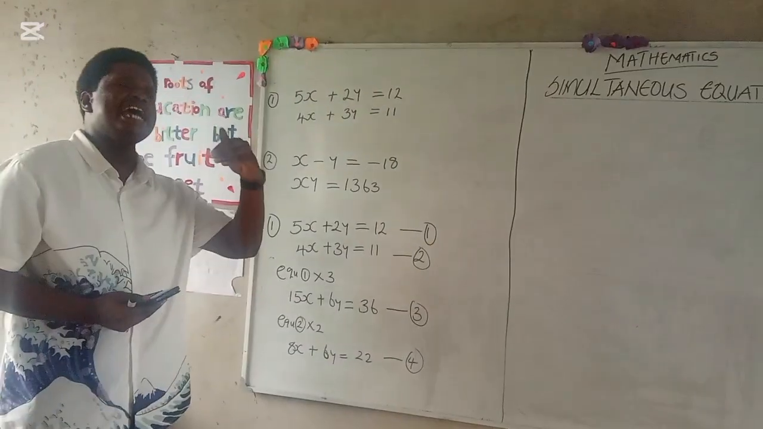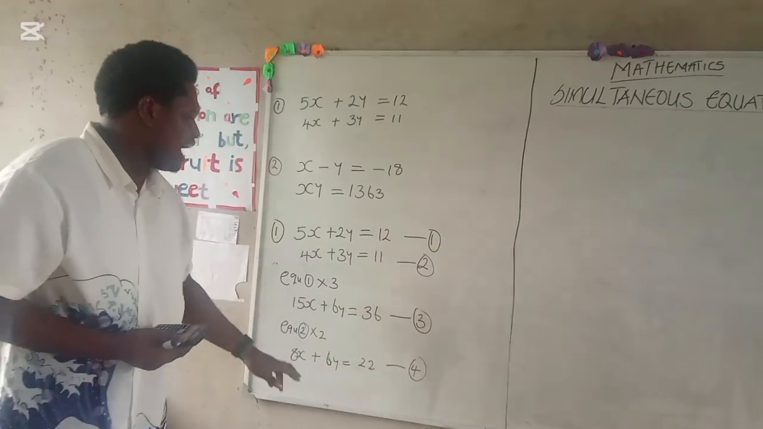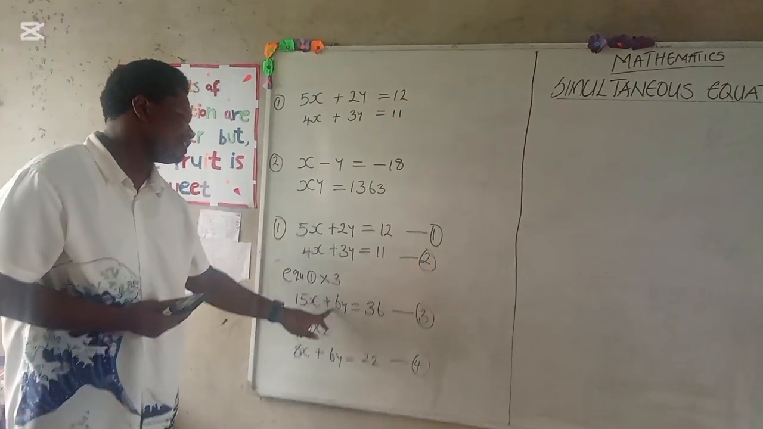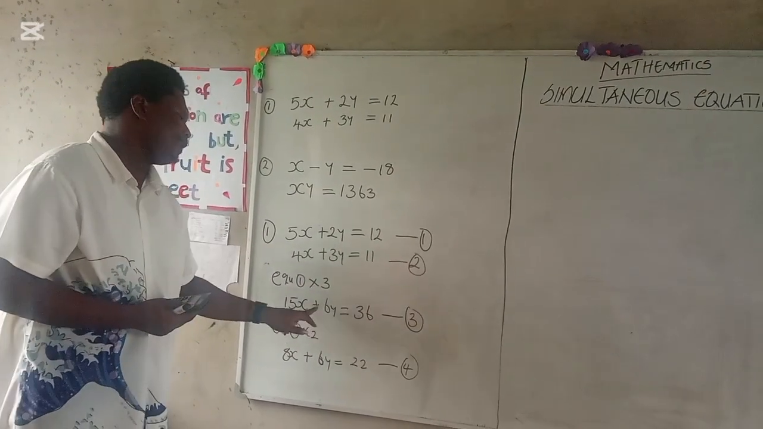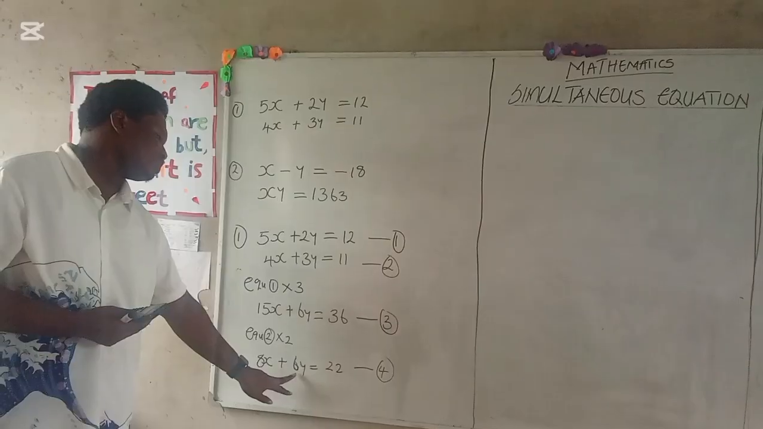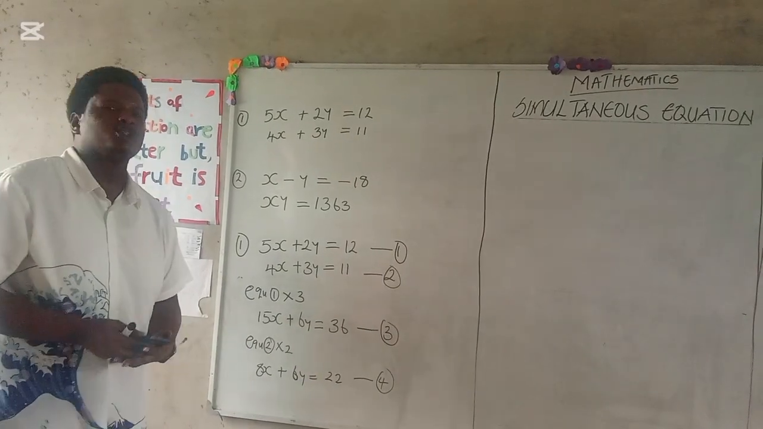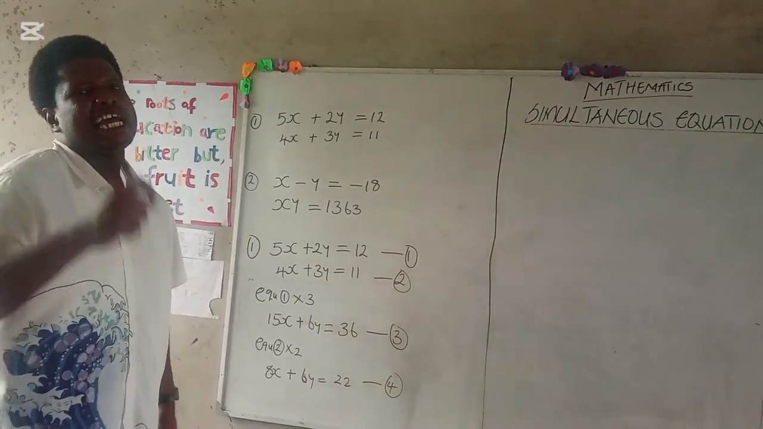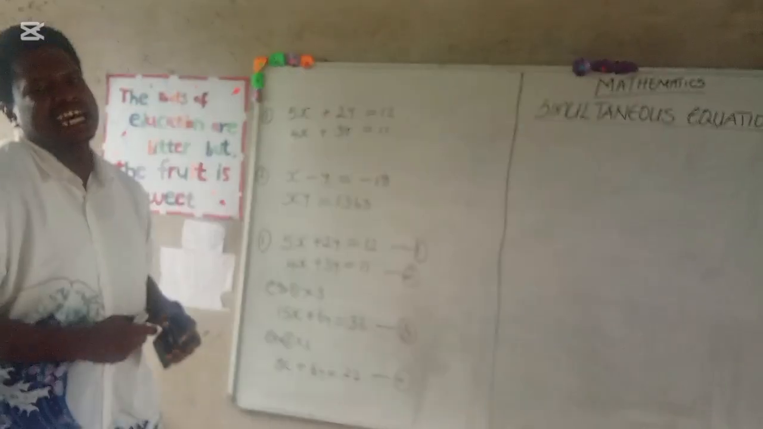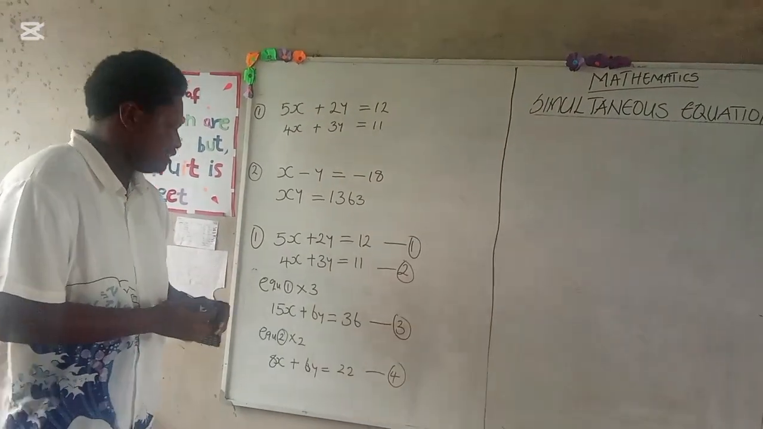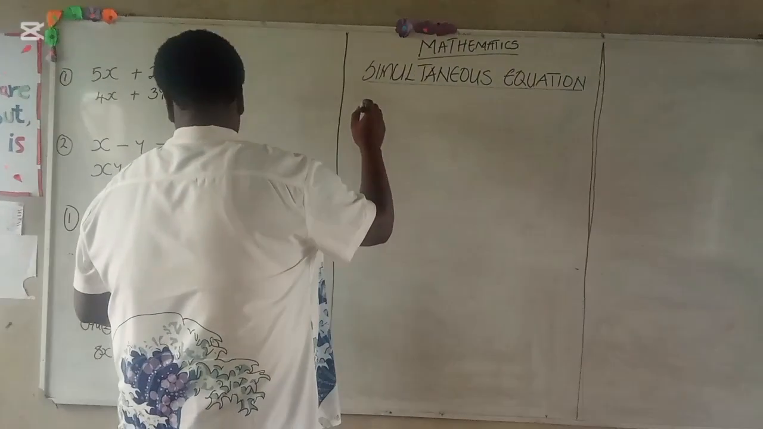And like I told you, now I want to eliminate 6y. If you look at what sign is attached to 6y in equation 3, plus, and what sign is attached to 6y in equation 4, plus. So because they are same signs, I am going to subtract. But when they are different signs, I will go ahead to add. Now I have